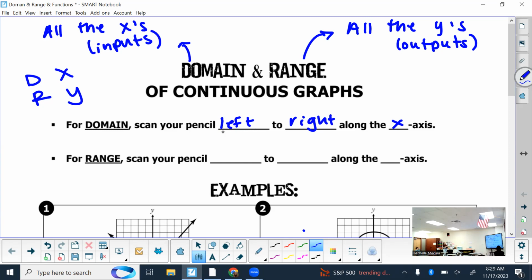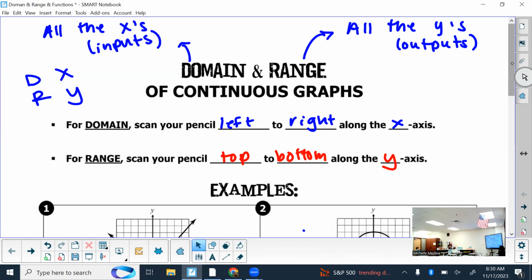Okay, so then when you're looking for a domain of a continuous graph, look from left to right along the x. The domain is all the x's. For range, you scan your pencil top to bottom along the y-axis. Range is all your y. Okay, so